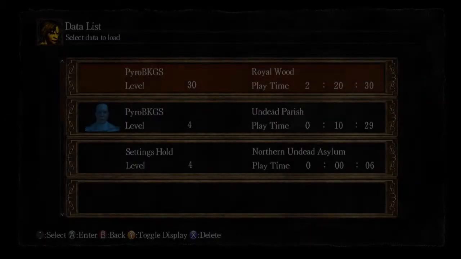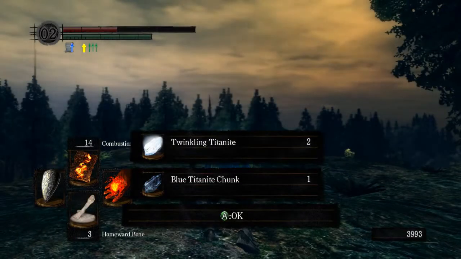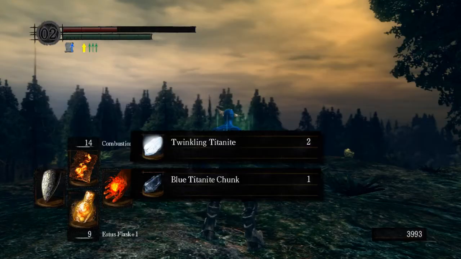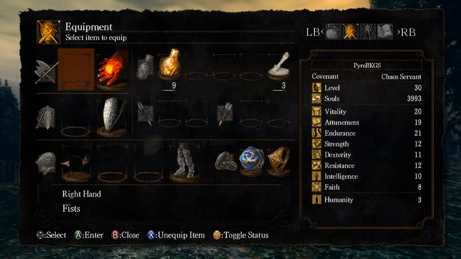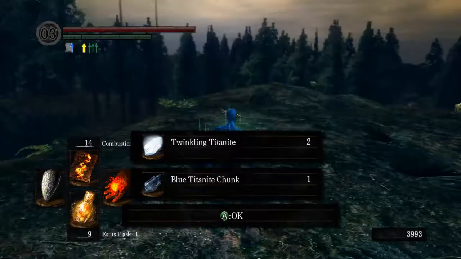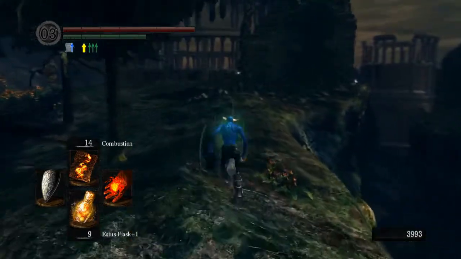There we go. Almost. That was fun. No, that was not fun. But we got our... We'll put those back on there. Got our full heal. Got our Twinkling Titanite, so we should be set for any upgrades that we do with